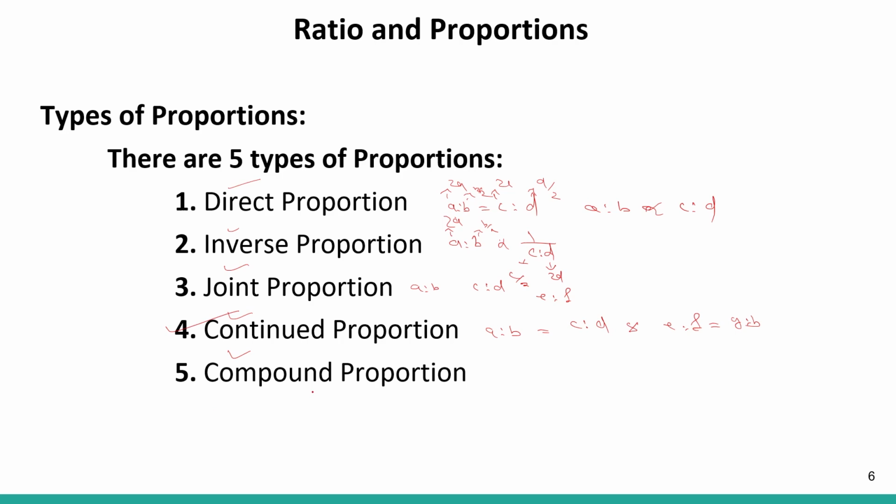And what is compound proportion? Compound proportion is nothing but if A is to B is directly proportional to C is to D. That is, if you have 3 or 4 proportions or ratios, and this is how they are related. That is, among their relation there is non-uniformity. That is, 2 of them are connected by direct proportion, and 2 are connected by inverse proportion, and 3 are connected by joint proportion. Then we say that the whole proportion is a compound proportion. Okay, so we already have seen all these.